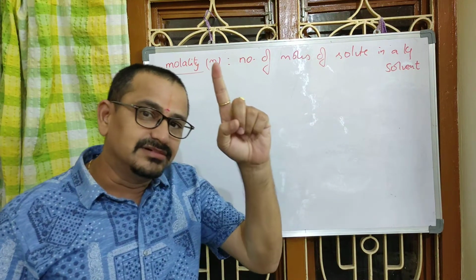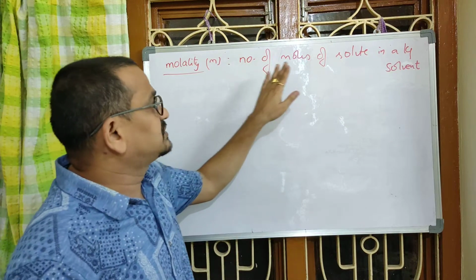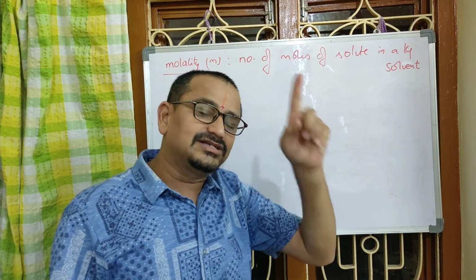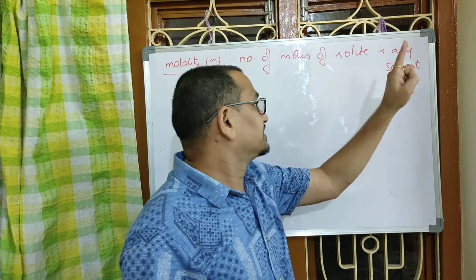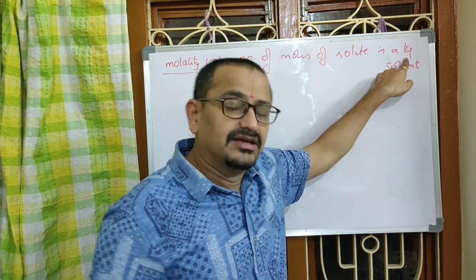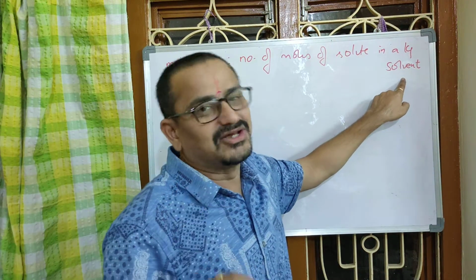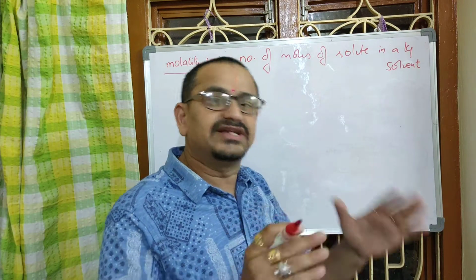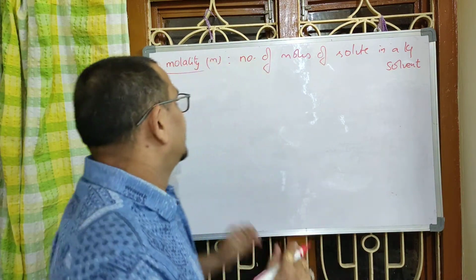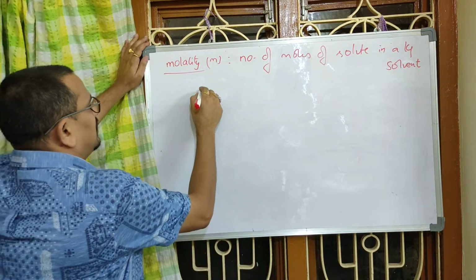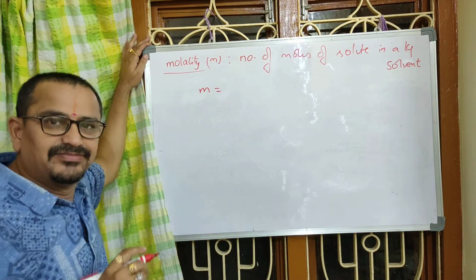What is molarity? Last class we studied. It is the number of moles of solute in a liter of solution. There it is liter, here kg. There solution, here solvent. That point of difference we have to find out. Understood? Now mathematically molality can be expressed as